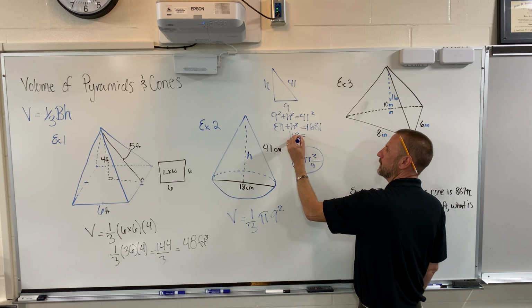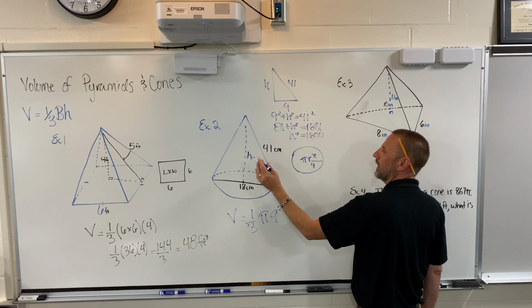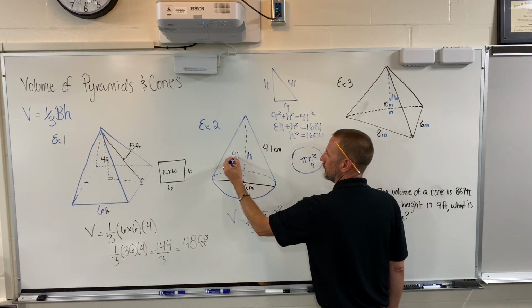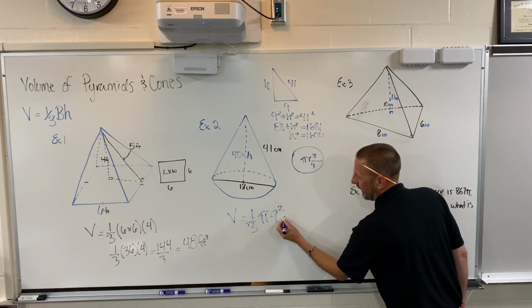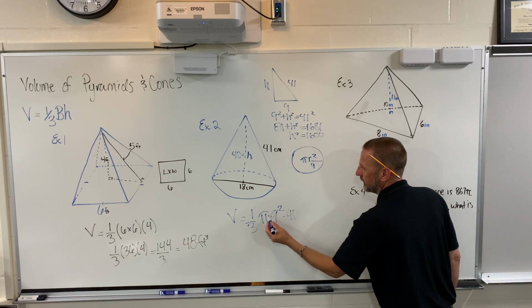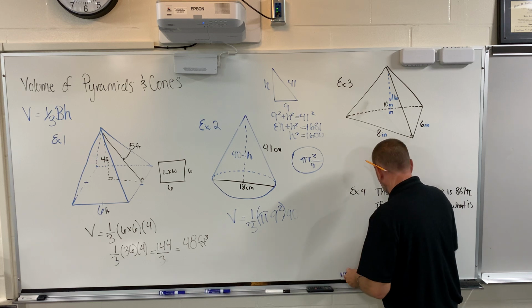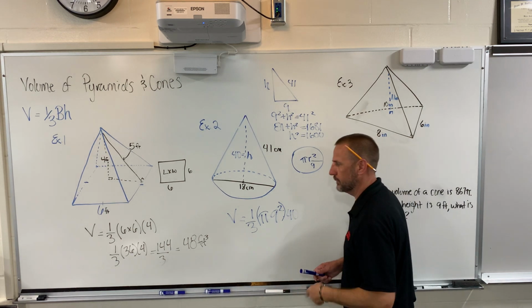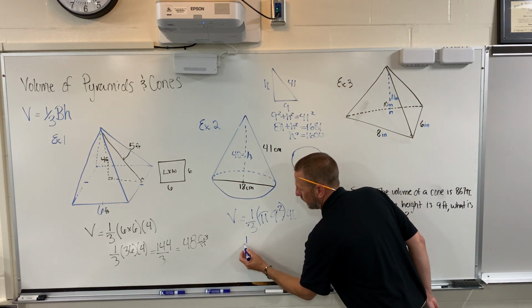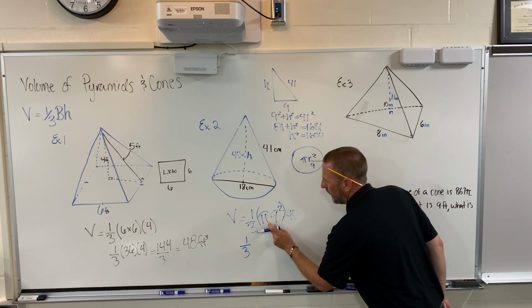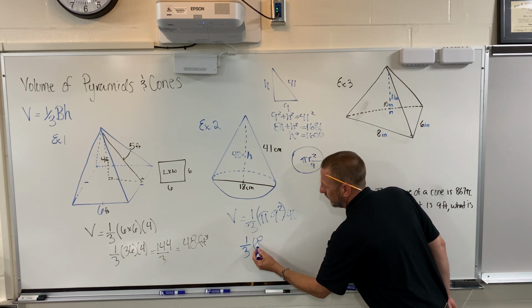H squared comes out to be 1600, which means our height is 40. I had this down earlier a little bit different. So this was our capital B. When I work that out, I want to do that in whole steps. So please excuse my dear Aunt Sally. I've got 1/3. Pi r squared is going to give me 81 pi